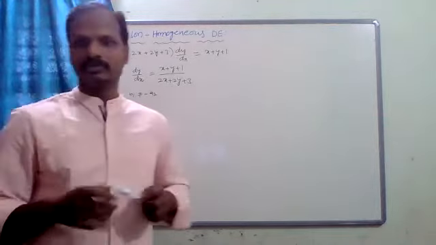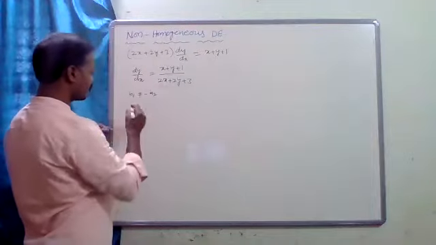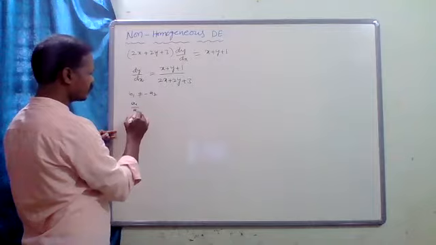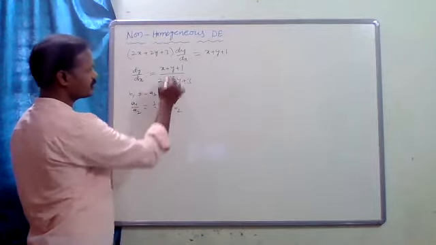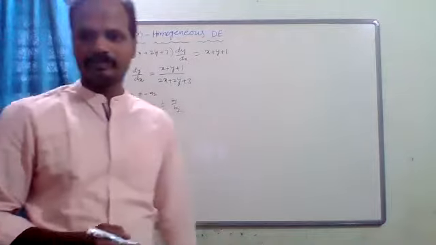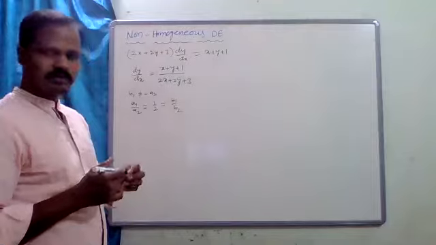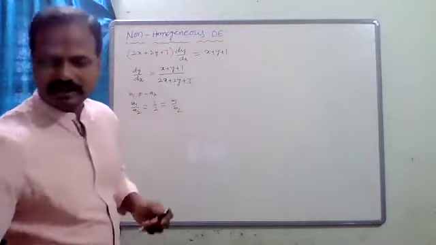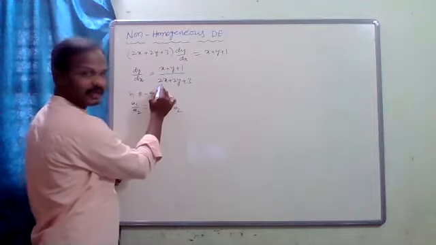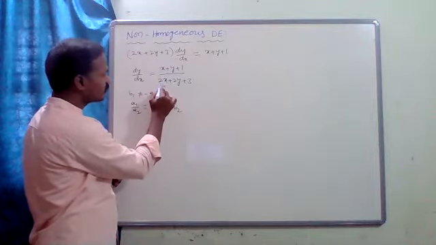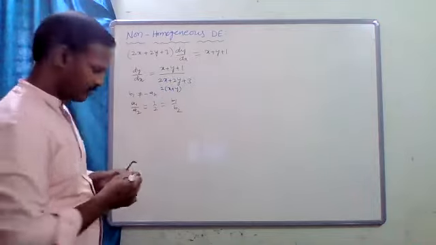Then we have to check for case 2. So what is a1 by a2? a1 by a2 equals 1 by 2, which equals b1 by b2. Yes, b1 by b2 is also 1 by 2. Clear? Now in this case, what do we have to do? Obviously, there is a common term in x, y. See here, x plus y. Here if you take 2 common, it becomes 2 into x plus y.